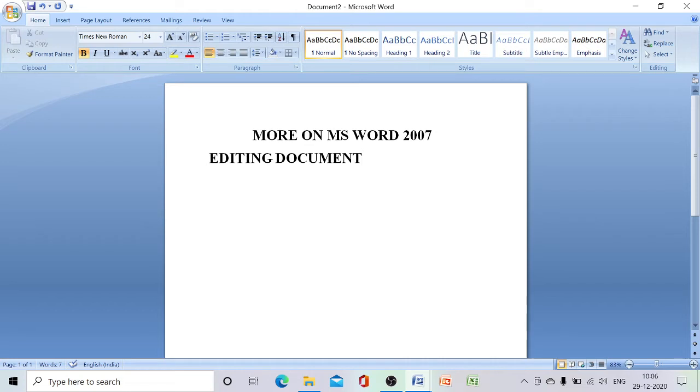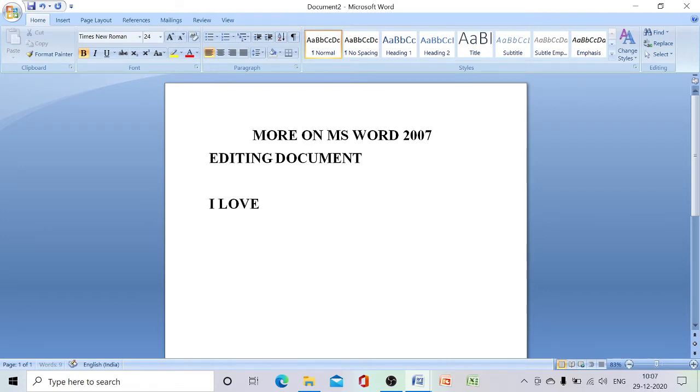To perform editing you should select the text first. Editing is nothing but making some changes in the document, so to do this editing work we have to select the text first. Let us write here in your textbook.